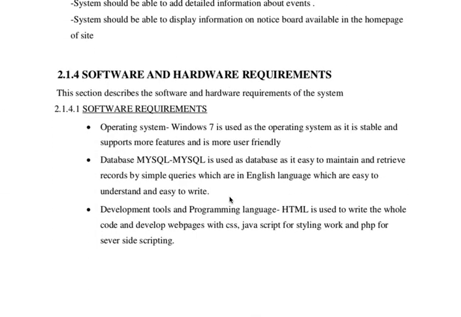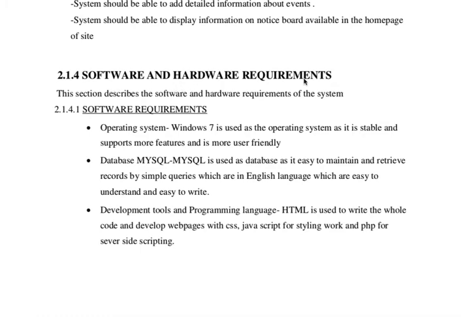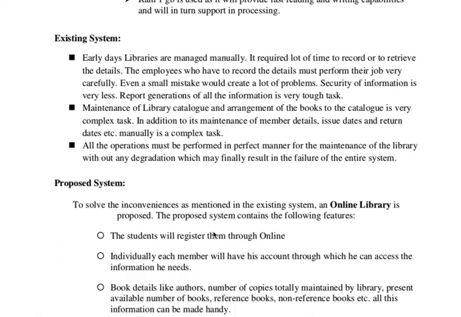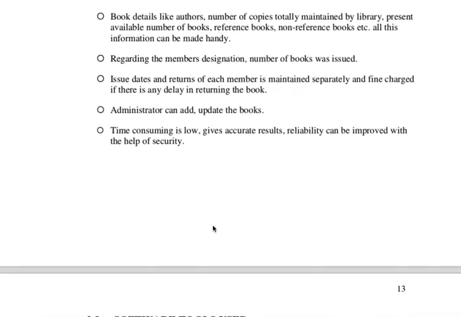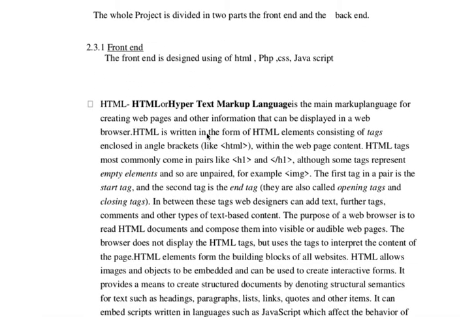Okay, then comes your software and hardware requirements. These all come under your SRS. Software requirements: on which platform you are working, which database you have taken, and for styling whether you have used CSS, JavaScript or HTML, you can write all of those. Hardware requirement is the minimum hardware required for performing efficiently, or to develop this software. That will come under the hardware requirements. Tools: you can write front end and back end, what are the languages you have used.